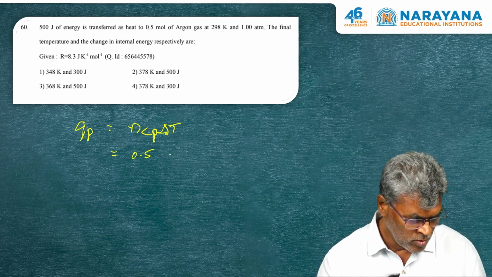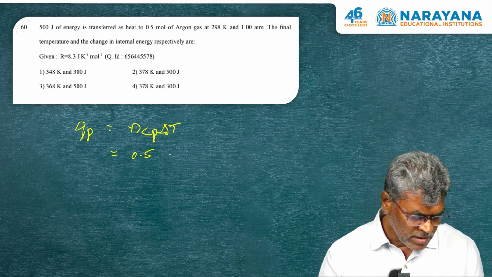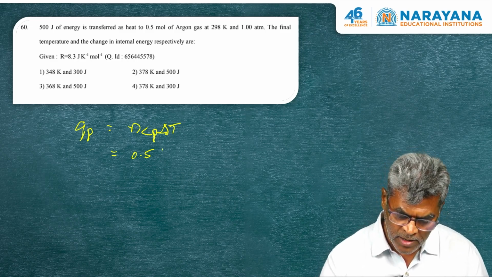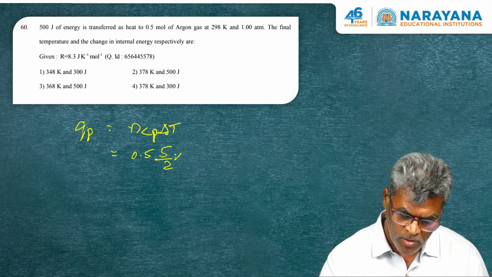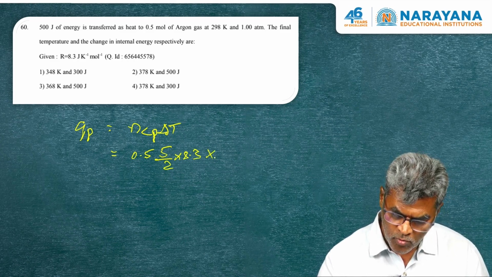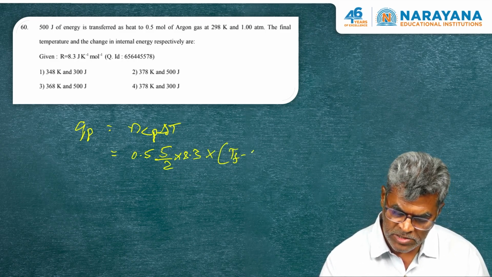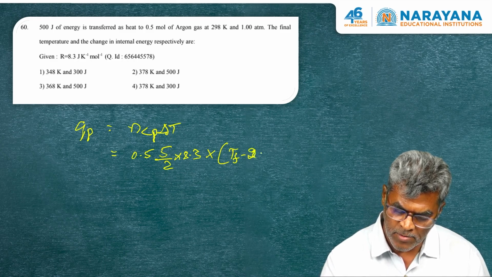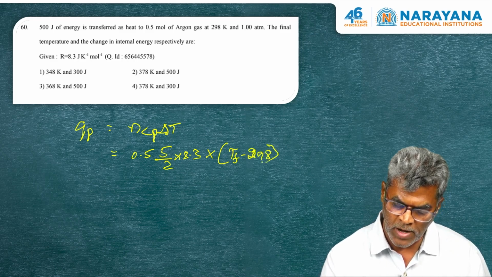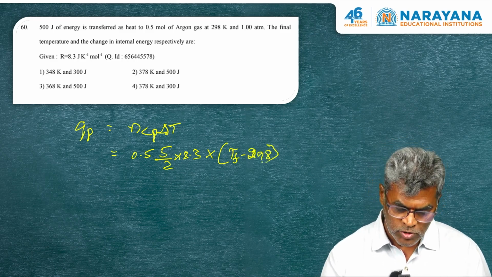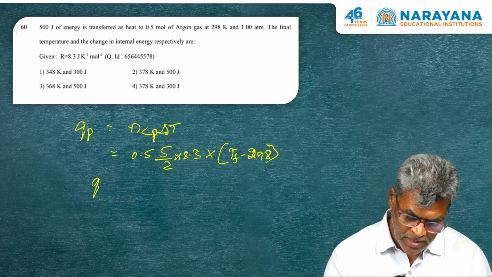Cp value, since argon is a monoatomic gas, is 5 by 2 R, that is 8.3, into T final minus 298. So if you calculate,